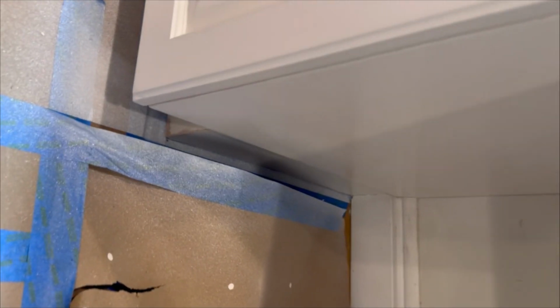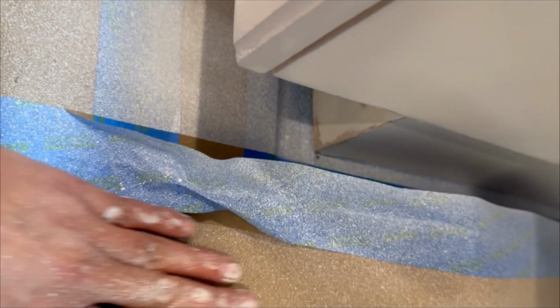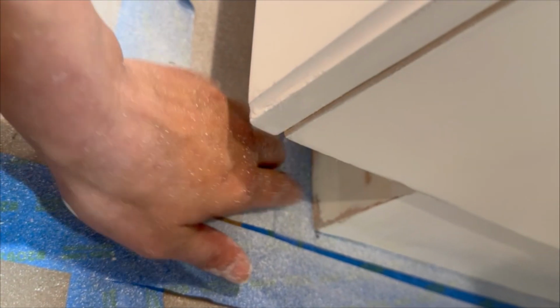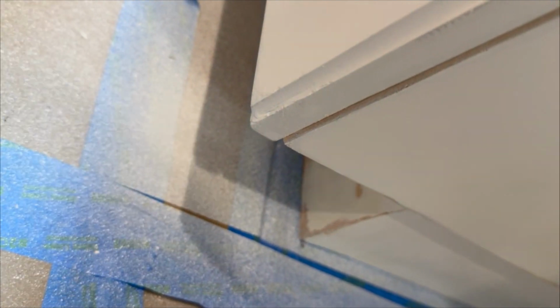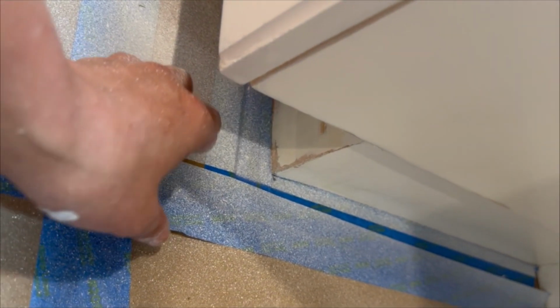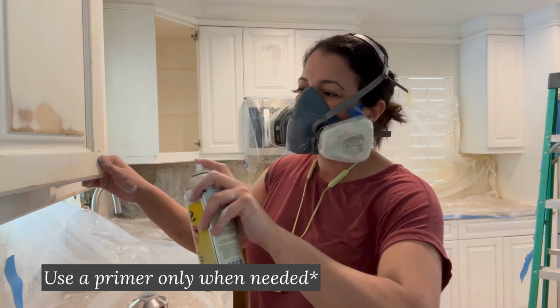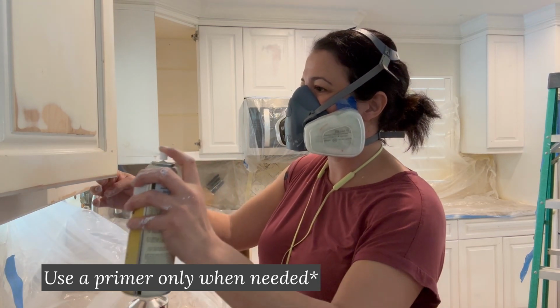So I'm gonna show you the floor and how I did this. I tape the layer and then I tape the brown paper over on top. So now we're double protected when I cut through here to cut in for the baseboards. That way you protect your floor all the way up and under, and then you have your floor covering really well. And you're using nice long strokes, back and forth,